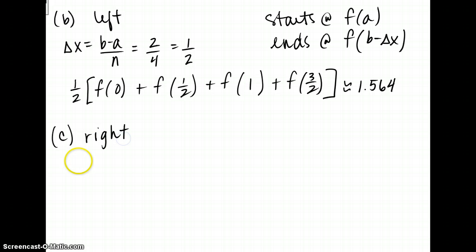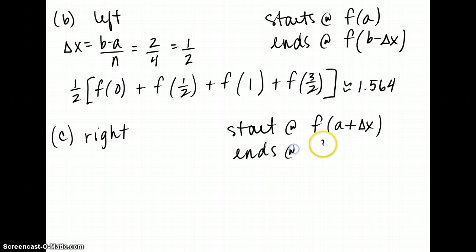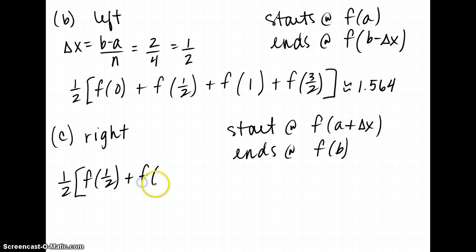And then the right Riemann sum, now this one starts at f of a plus delta x and ends at f of b. So all that changes from the left Riemann sum, we eliminate f of a and in turn add f of b. So this would start at a half,